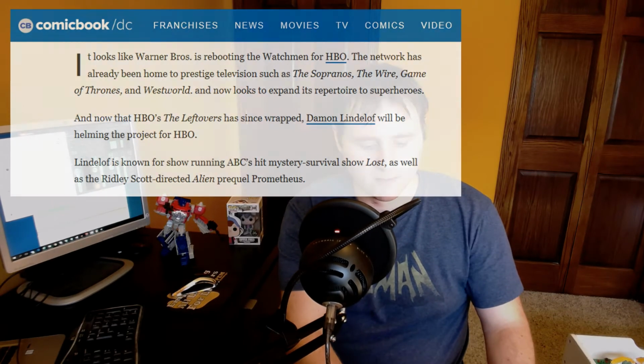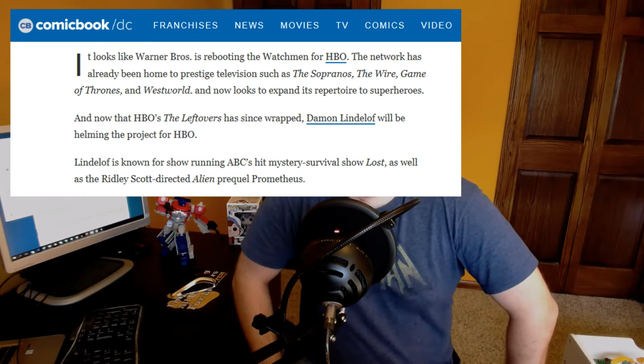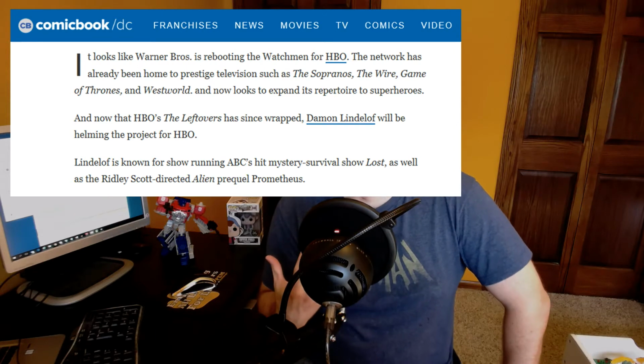All right, the first thing in things that I love is it appears as though, according to comicbook.com, there is going to be an HBO series of The Watchmen. Now, a little bit of history for me, the Watchmen comic book is actually the very first comic book that I really read. It's what brought me into comics. I read it probably 4 or 5 years ago, and I was just amazed by the book. It was so cool. And then I went and watched the